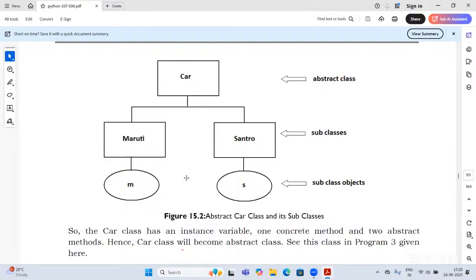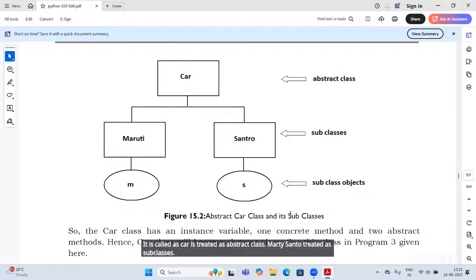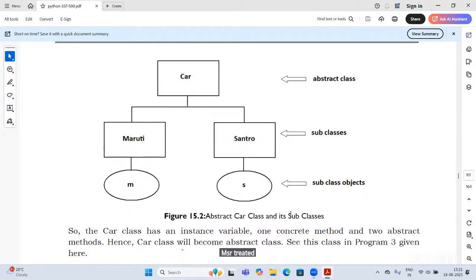When we talk about car, it is a generalized one, abstract, with no specific details. Car is treated as abstract class, Maruti and Santro are treated as subclasses, and their cars are treated as subclass objects.